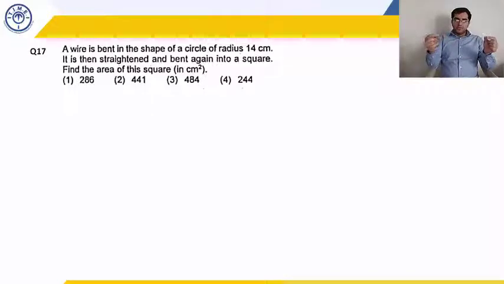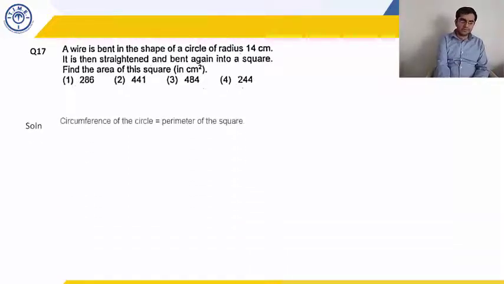A wire, whether it is in the shape of a circle or a rectangle or a square, what is going to remain the same? The length of the wire, no matter in which shape you put it. So that means when it's in a circle with a particular radius, you can now find out the length of the wire, which would be the perimeter of the circle. So the length of the wire turns out to be the circumference of the circle, and that would be the same as the perimeter of the square, because the length of the wire will remain the same.